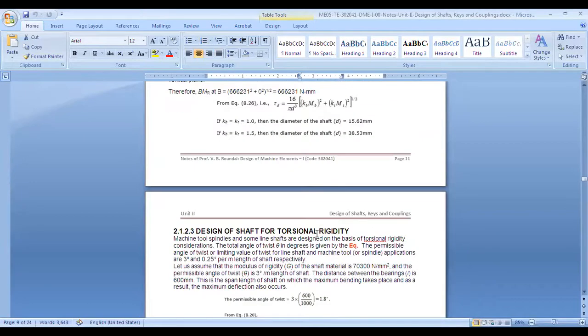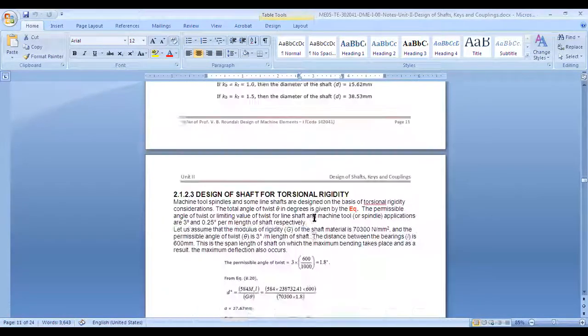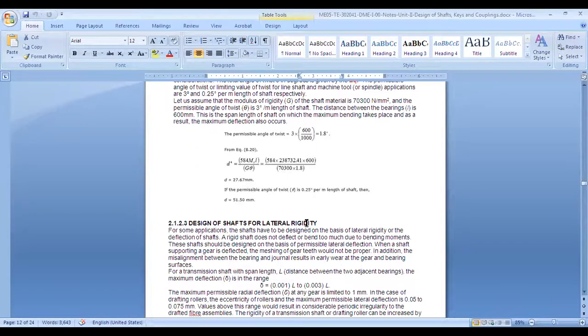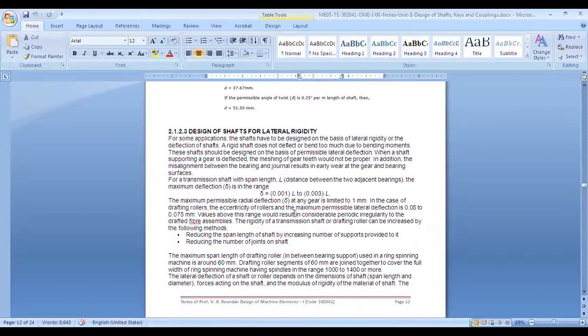We took numericals for design of a shaft on a strength basis. Then we went through the design of a shaft on torsional rigidity, and we took a couple of examples to find out the diameter of the shaft on torsional rigidity basis. That equation, d raised to 4 is equal to 584 MtL upon G theta. Then we also went through the